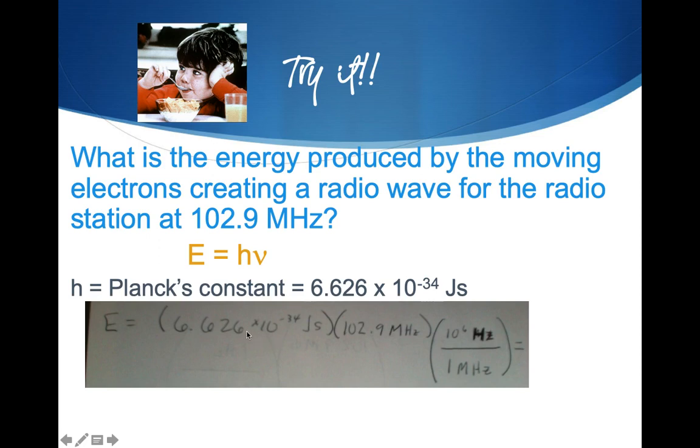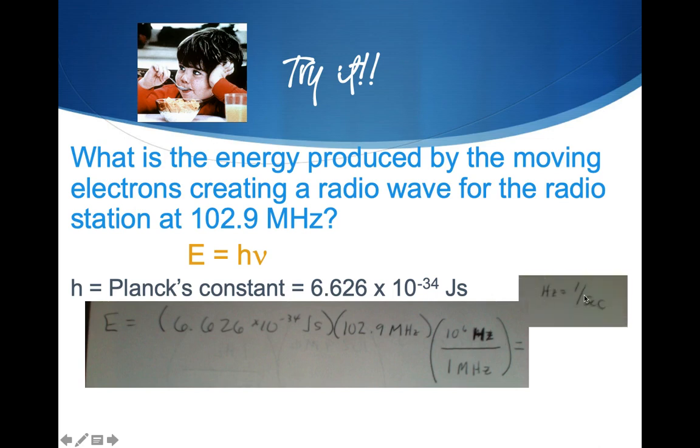So here's what we need to do. Here's our constant, h, Planck's constant. And then here's my frequency, 102.9 megahertz, but mega is 10 to the 6th, right? There's a lot of regular hertz that fit in a megahertz. So 10 to the 6th hertz